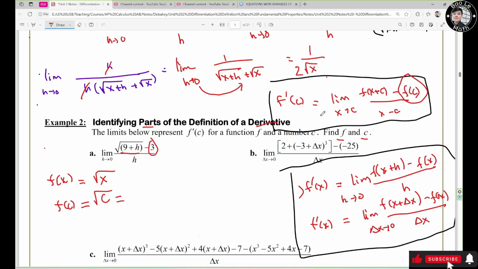Don't check the negative side right here because of the negative side from the formula, right? So it could be 3, right? Now, in order to solve for c, you need to square both sides. So it could be c equals 9. So this one is the answer for c, and this one is the answer for the function. Alright, now let's take a look at question B right here.